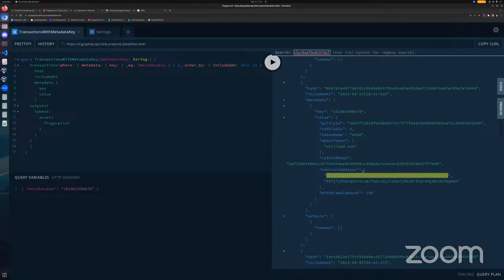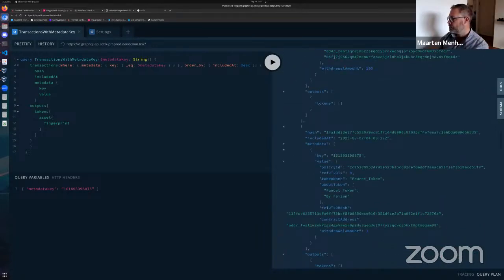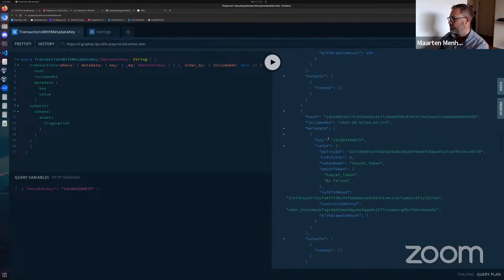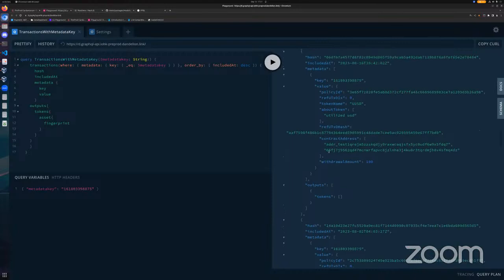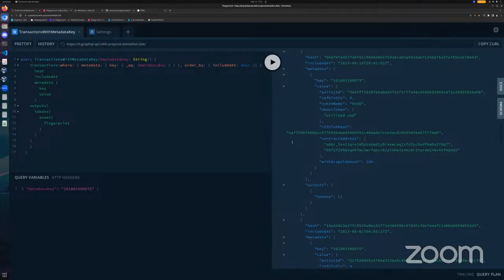Okay, now here's something really interesting. What's going on here? Contract address. It has 2, but one is not an address. Does anybody know why it needs 2? Anybody seen this before? I don't know. No, I didn't see that.